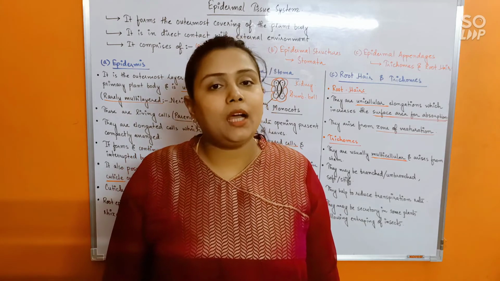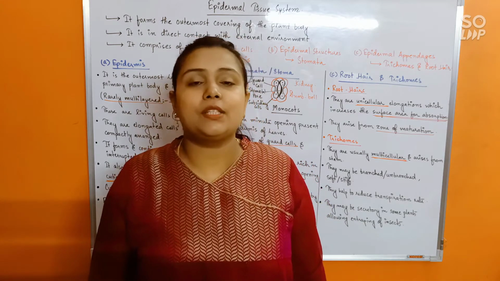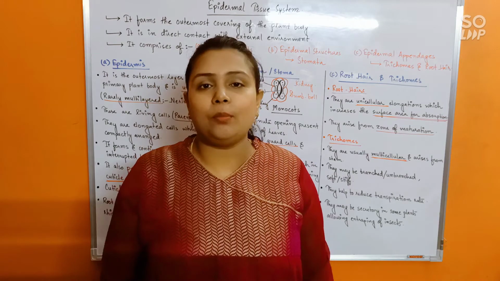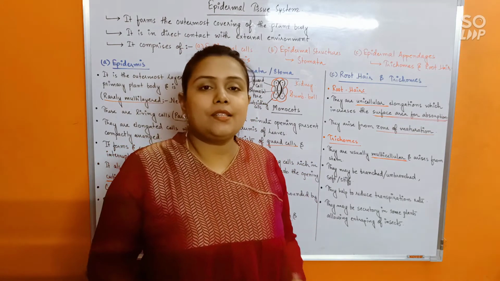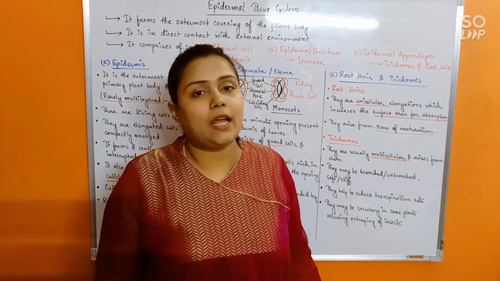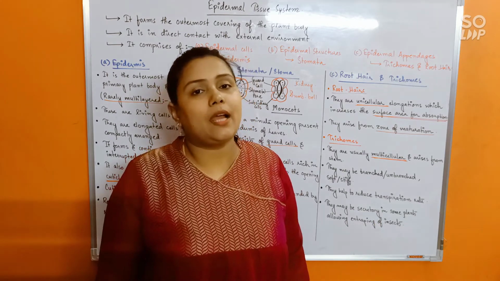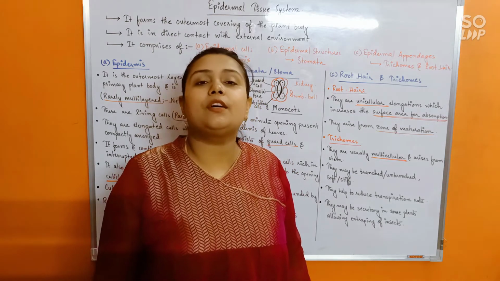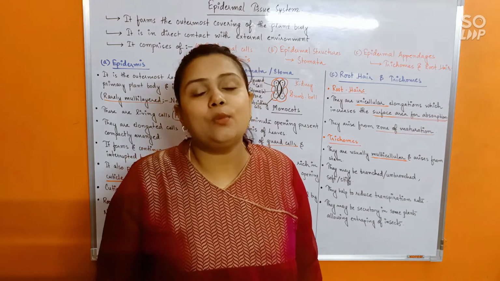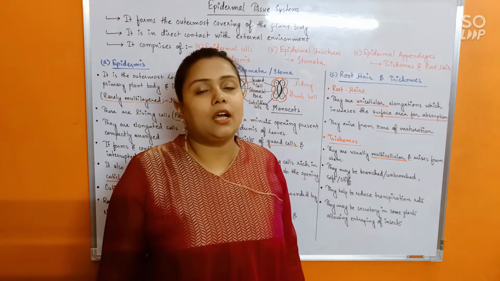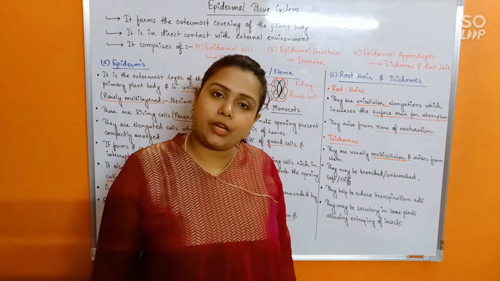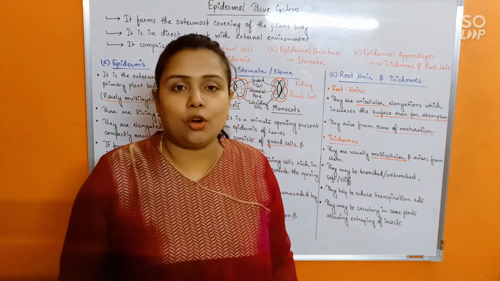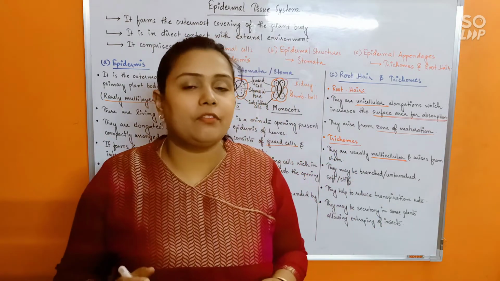About stomata you need to remember the structure, and the diagram is very important. You have to label the diagram very properly. This is very commonly asked in the exams. And last are certain minute projections. When they arise from the root they become root hairs, when they arise from the stem they become trichomes. The root hair, being unicellular, increases the surface area for absorption in roots. Trichomes are mostly multicellular and they allow reduction in the transpiration rate. So that is all about the summary of the epidermal tissue system. I'm very sure that it being so simple, you must have been very clear about it.